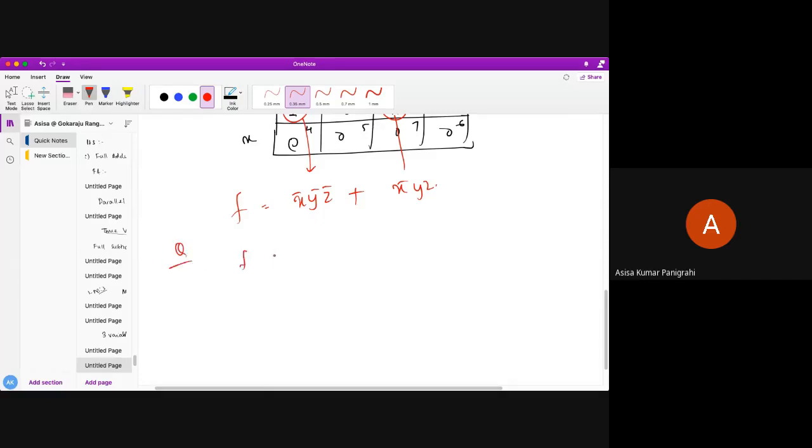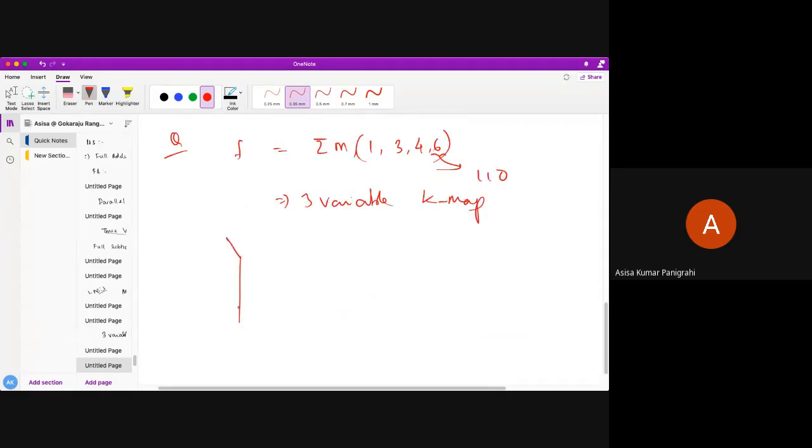F is summation of m 1, 3, 4, 6. Okay, we'll see now what to do with this. The number of variables is not given, but 6 I can express in 3 bits, so it is a 3 variable KMF. You just need to construct a 3 variable KMF.